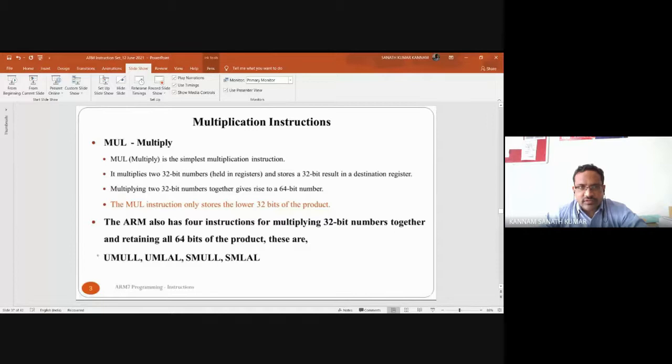Suppose you are multiplying two 32-bit numbers together and getting a 64-bit result. Then you should use some of the long multiplication instructions.